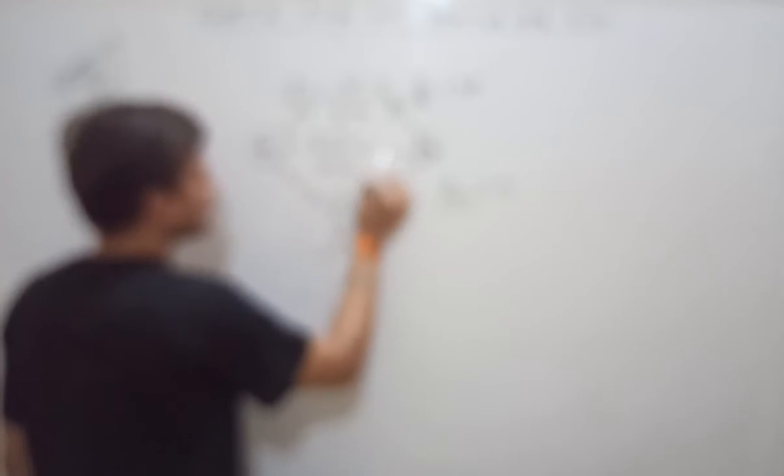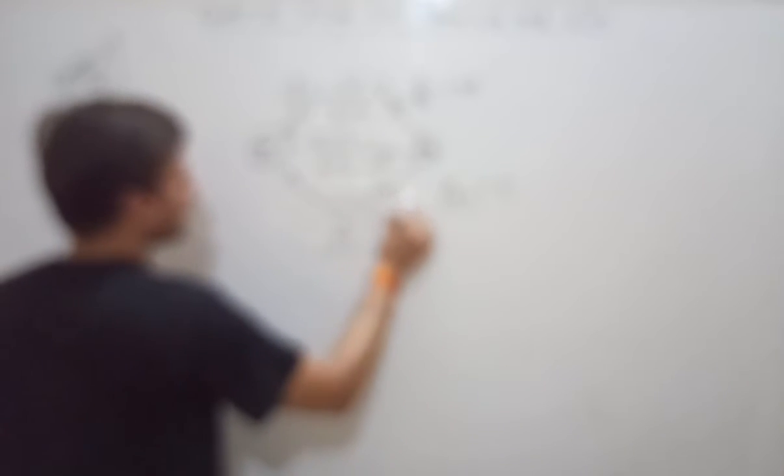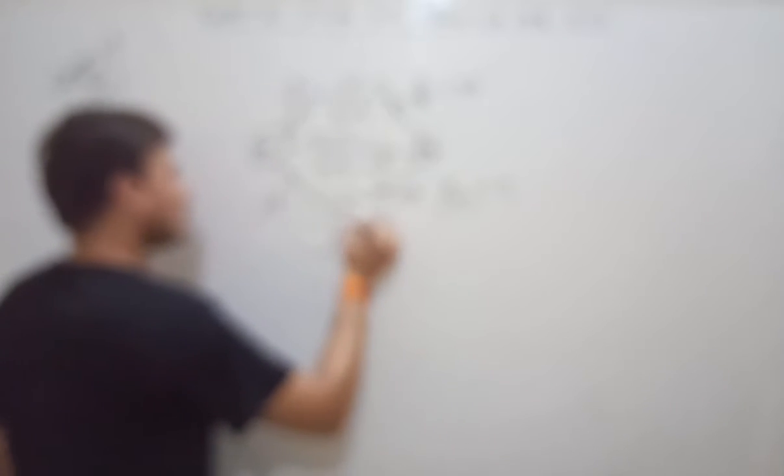You can say 2 divided by 2, that means 1 ampere of current is coming through this terminal. So if you apply Kirchhoff's current law at this node, 2 ampere of current is coming, 1 ampere is going in this branch. So through this branch 1 ampere of current will be coming. If 1 ampere of current is coming, you see that current is coming out through the positive terminal of the battery. So here power delivered